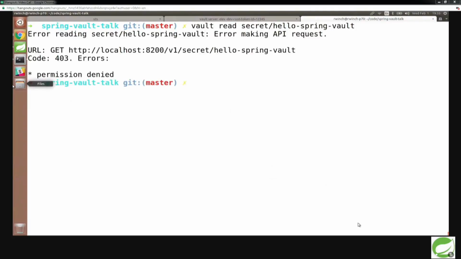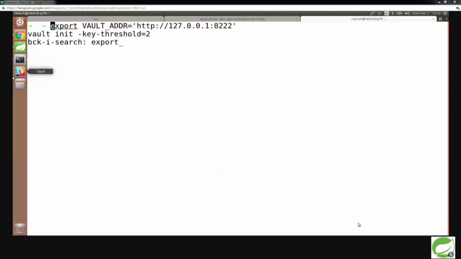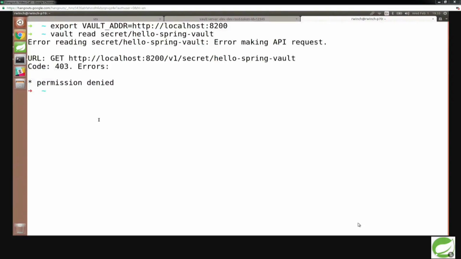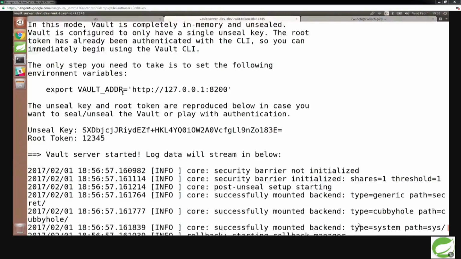Oops, that's the wrong one. I was connected to the wrong one. Still connected to the wrong one. What am I doing wrong? Oh, ha! It's using my token from when I logged in from the other session. So it's not using the dev token that we did earlier. So we have to do... So not only is it the wrong port, it's also the wrong...